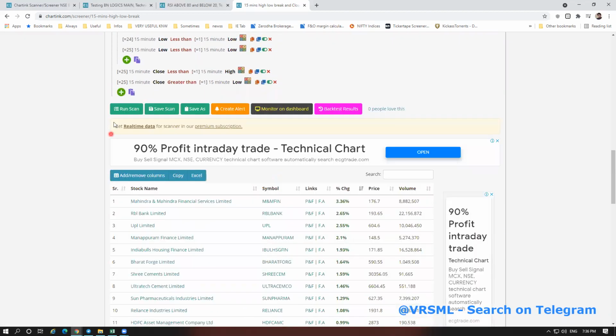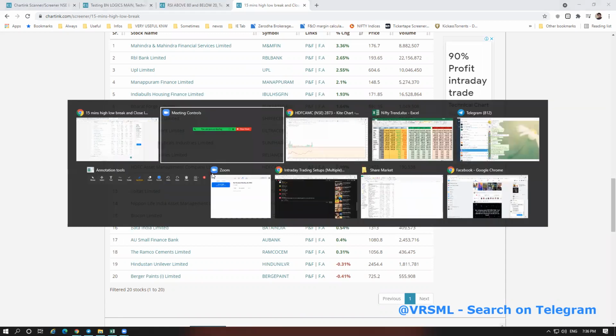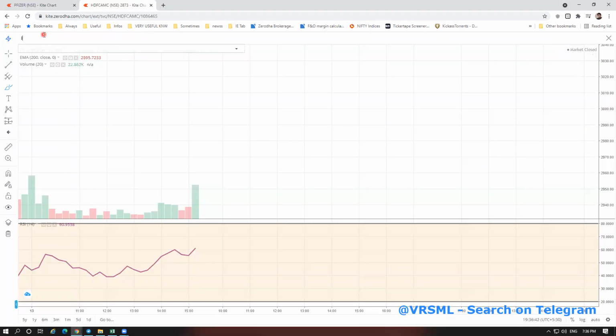Simple. You get a stock, you just check whether it's right or not. Sometimes the charting in Zerodha is not matching, but the charting in TradingView is matching. So if the TradingView charting is matching, just accept that. What happens in Zerodha, suppose the high-low is broken, it shows here. For example, this Indus Tower. I am searching Indus Tower for you.